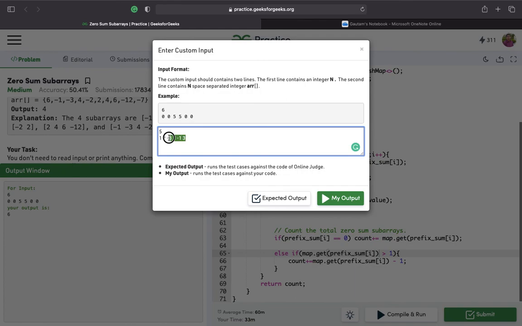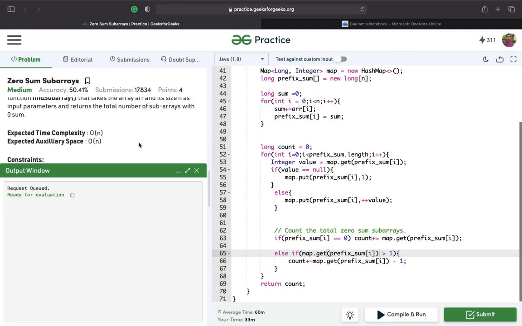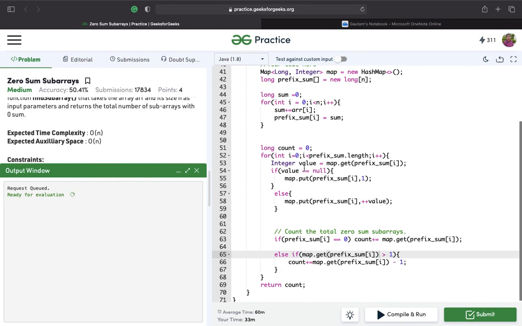Yeah, I think this is also a subarray, so I think the output should be 4, I guess. Yeah, so let's try to submit this. Yep, so the code worked fine.